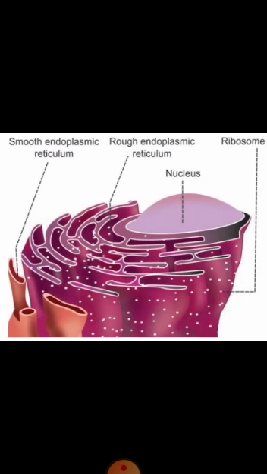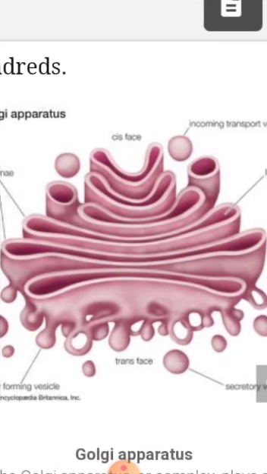So, let us learn about Golgi apparatus. This is a membrane bound sac. The main function of Golgi apparatus is that the materials which are produced by the endoplasmic reticulum are modified, packed and transported to different parts of the cell. Golgi apparatus is basically located close to the endoplasmic reticulum to help fasten the process. Golgi apparatus also helps in the formation of lysosomes. So, let us learn about lysosomes.